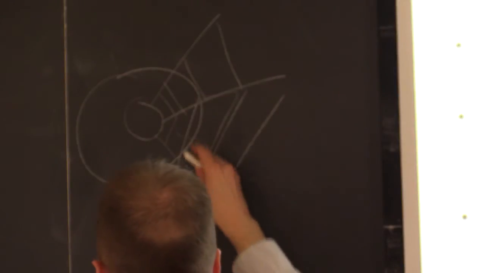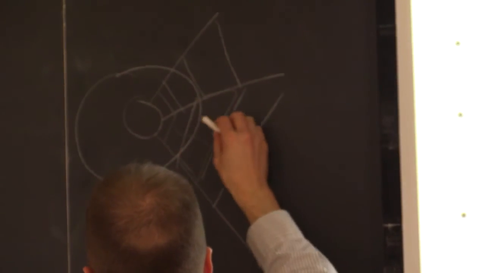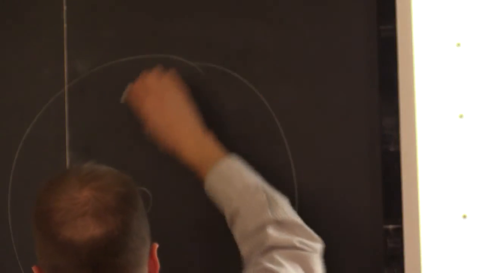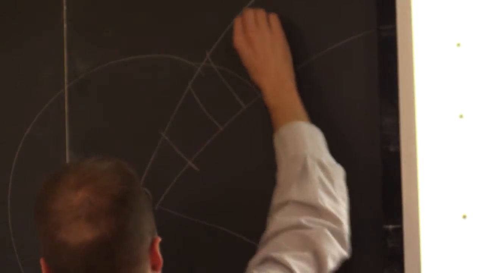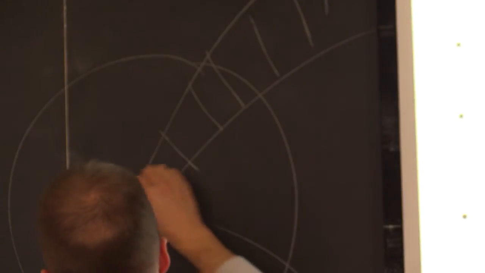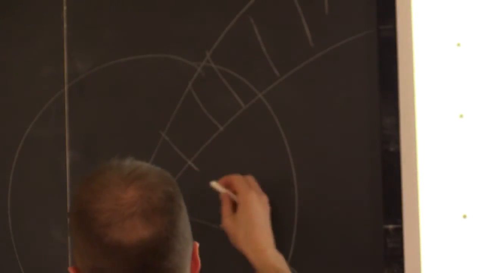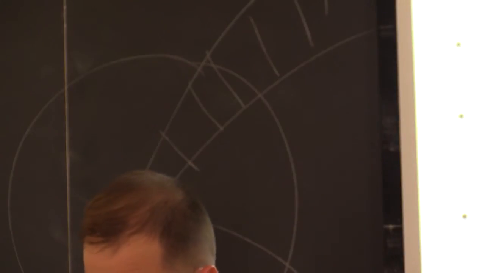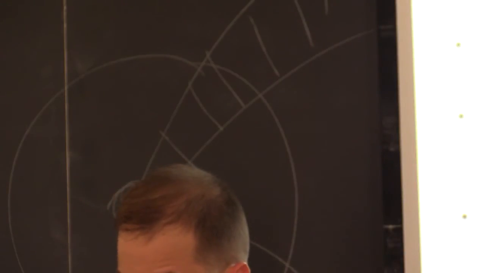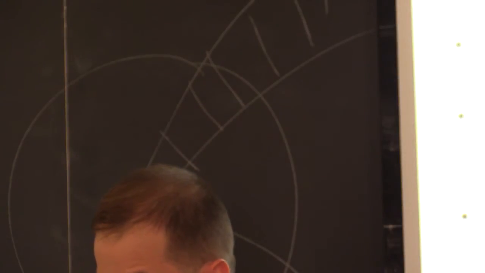The only place you have to put a boundary condition is inside the black hole. So if these are your grid cells, you just have to put a boundary condition here, and then we're working in Kerr-Schild coordinates, or maybe I should call them Eddington-Finkelstein, because Finkelstein just passed away. But working in basically Eddington-Finkelstein coordinates.